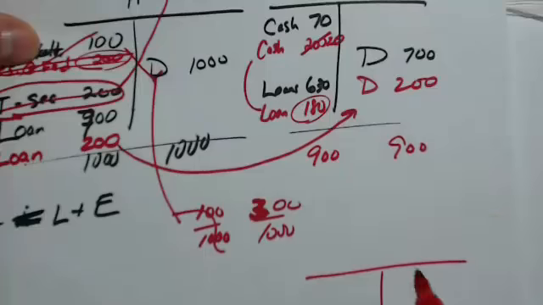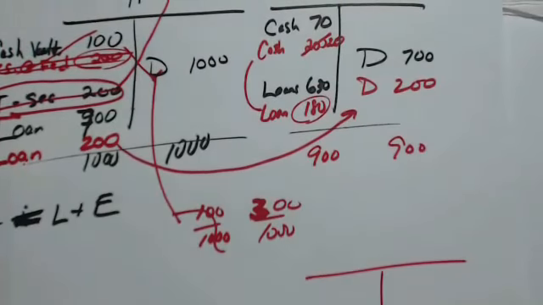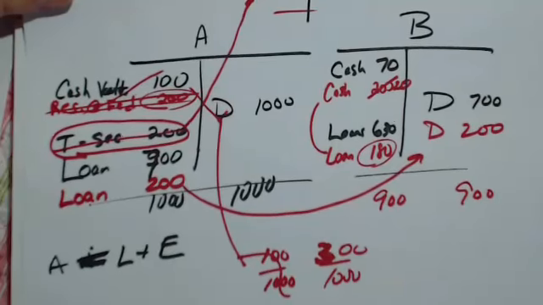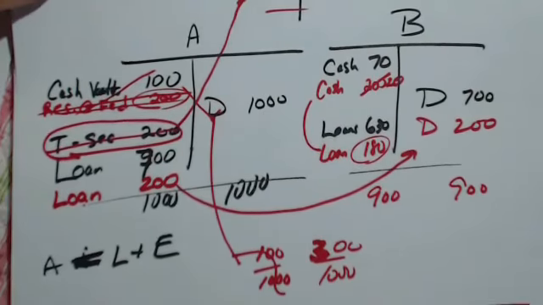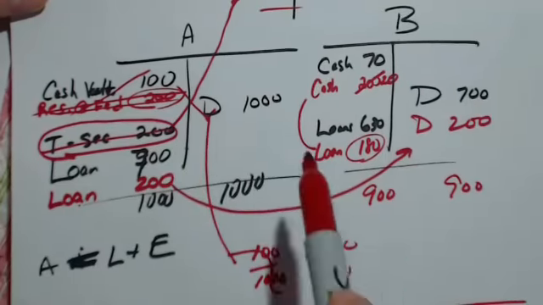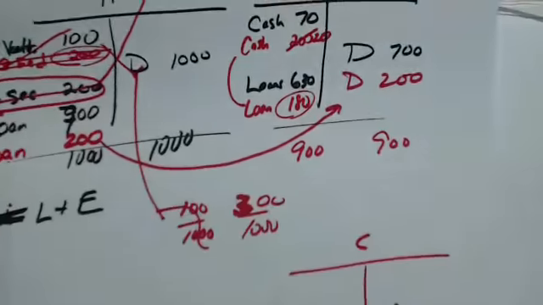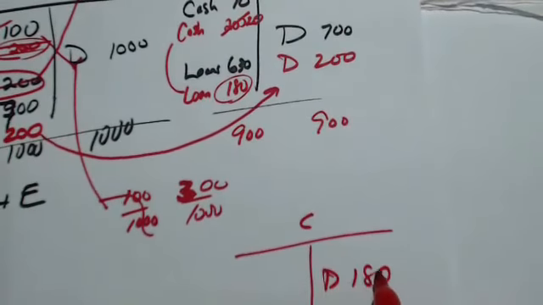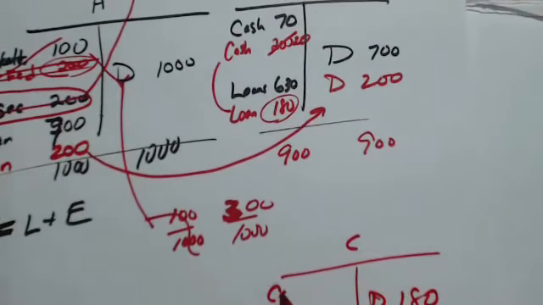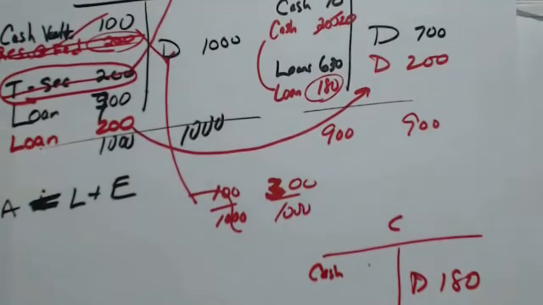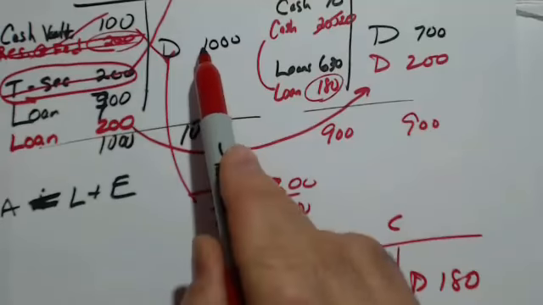And we have different banks. You could all put it in one bank, but as you can see how messy the balance sheets are getting, it's simpler to discuss by having multiple banks where the money gets deposited. So you'd have Bank C, where Bank C gets a deposit of 180, and then it gets cash. It's going to have to keep 10% of that, and then it's going to loan 90% of that, and it's just going to continue.